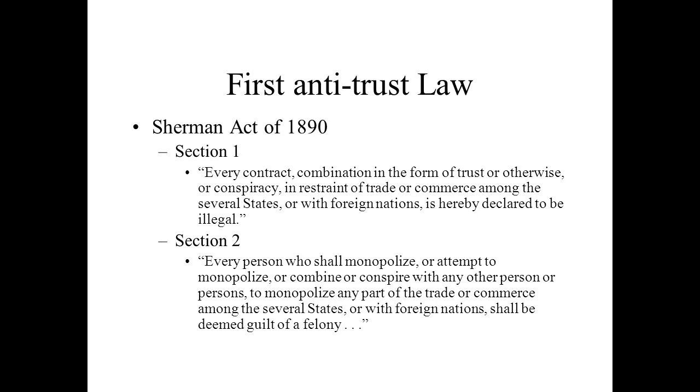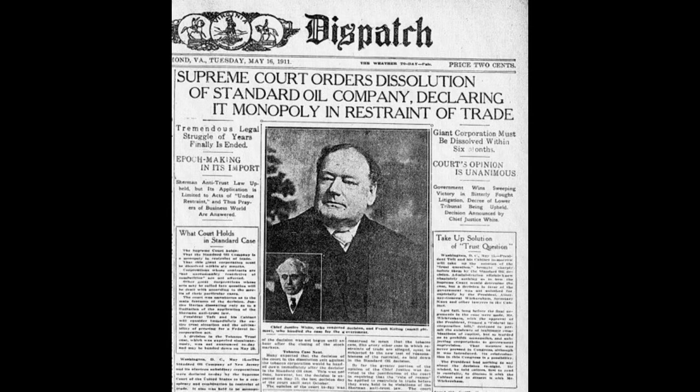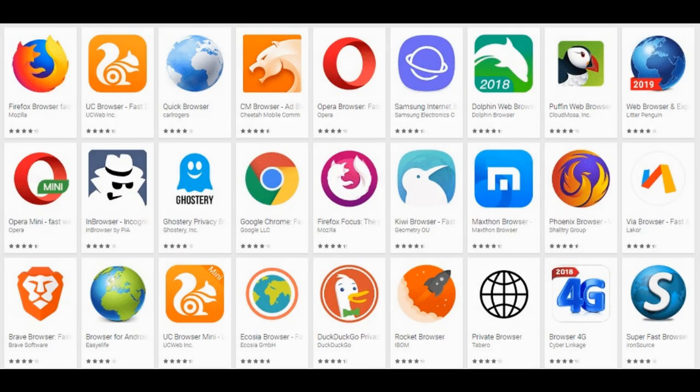Section 1 of the act would be an attempt to create a monopoly. The best example of that would be the famed Rockefeller Standard Oil case from the early 20th century. Section 2 addresses monopolistic behavior. Obviously, there are many different web browsers and a choice of search engines. The issue is the way Google uses its early market dominance to control and maintain its lofty position.